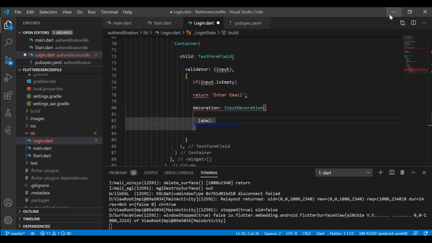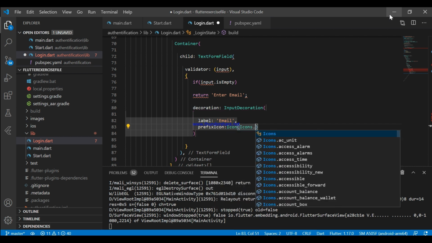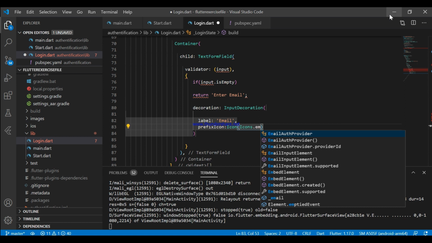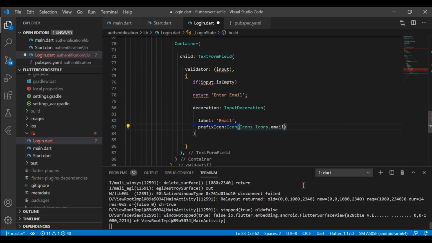For decoration we are using input decoration. As label I am using email, and let's also give a prefix icon which is the icon of email, Icons.email. Now decoration is done.